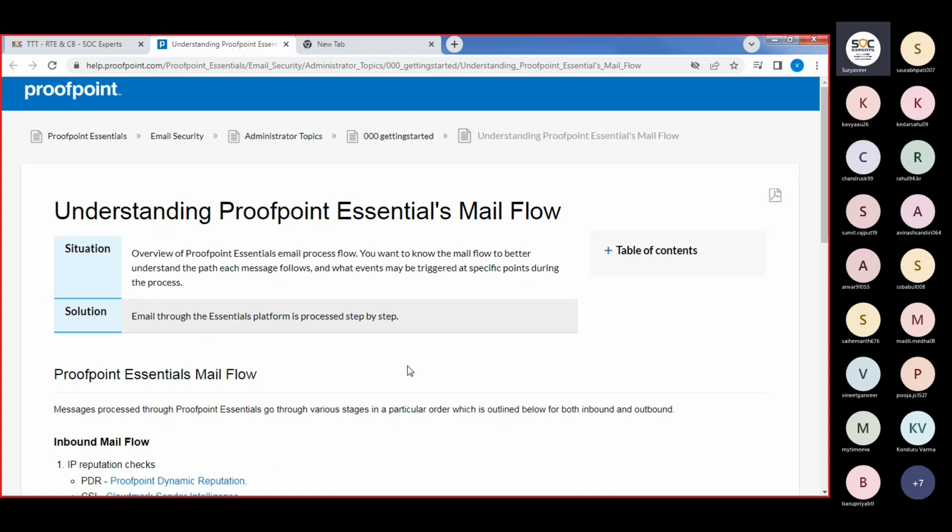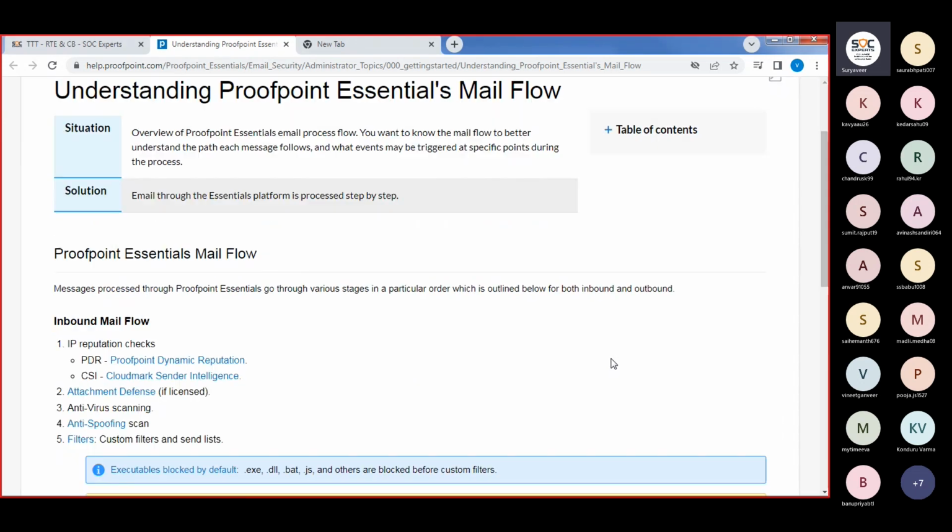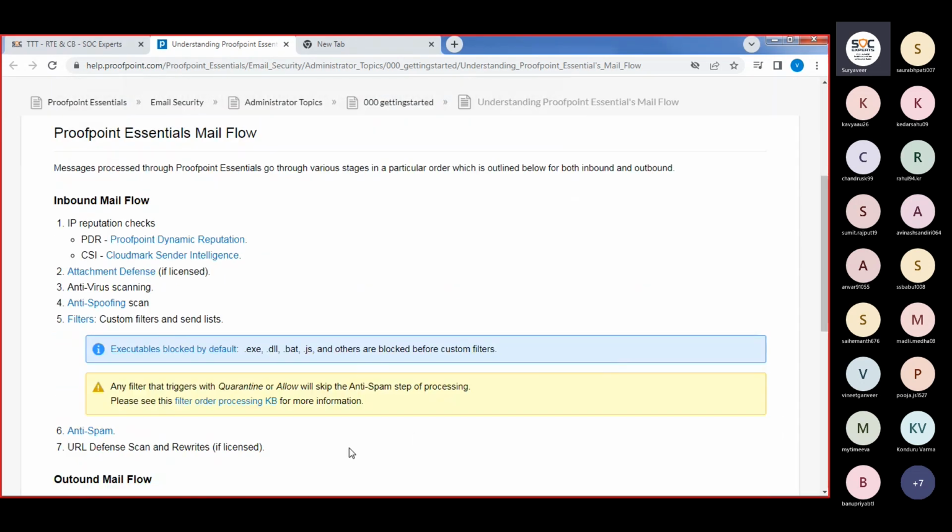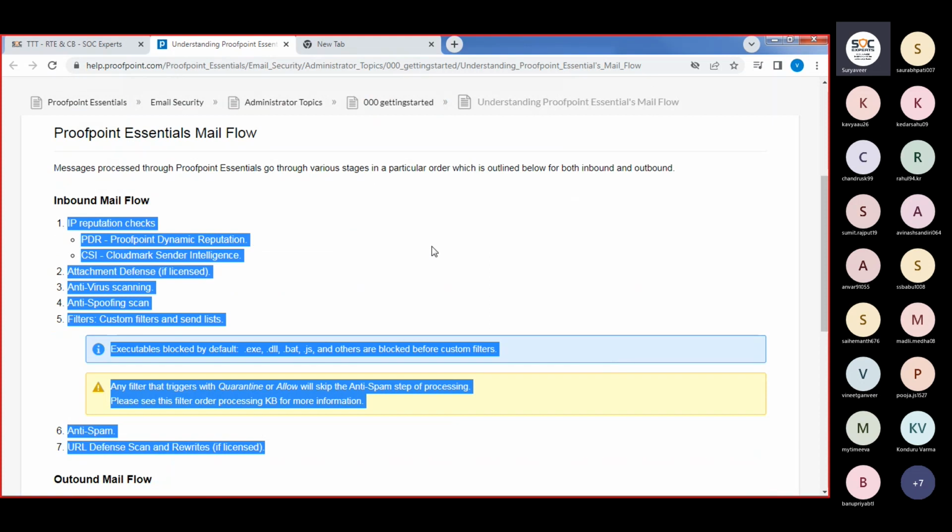Okay, well and good. So what it's all about is basically, when there is an external email that is coming towards you, it will undergo several different layers of checks. You're able to see the screen, right? Once that is marked in this highlighted part, it shows the different levels of filtering that will happen. So IP reputation check,